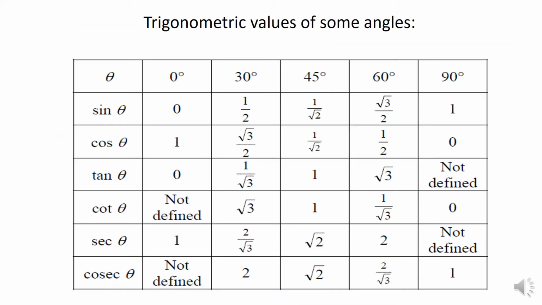I also want to remind you regarding the trigonometric values of some angles which you had studied right from your 10th standard actually, angles particularly 30, 45 and 60 degrees. All these angles, that is at least sine, cos and tan. You know that once you know about sine and cos, you can automatically find out tan of an angle by doing sine upon cos, isn't it? So just remind yourselves regarding sine of 30, 45, 60 and cos of the same. Again, you know the method of learning them. You have already learned them properly. So just refresh yourselves with this table and then we go further with the exercise.